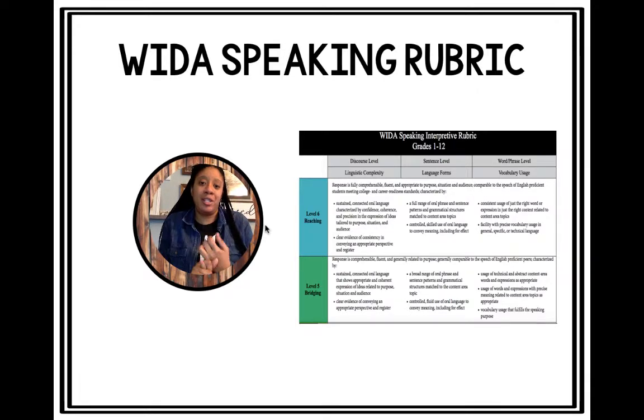The first thing was discourse. The students were not having discussions, and when they were having discussions, they weren't connected. So I knew in that moment that they needed to be having high level discussions. In those discussions, one, they need to be making connections. They need to be speaking in compound and complex sentences. They need to be using high academic vocabulary.